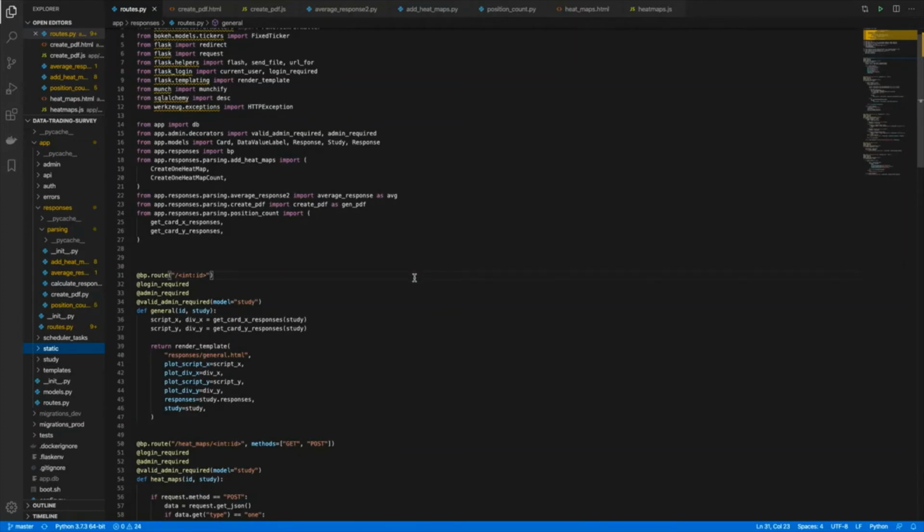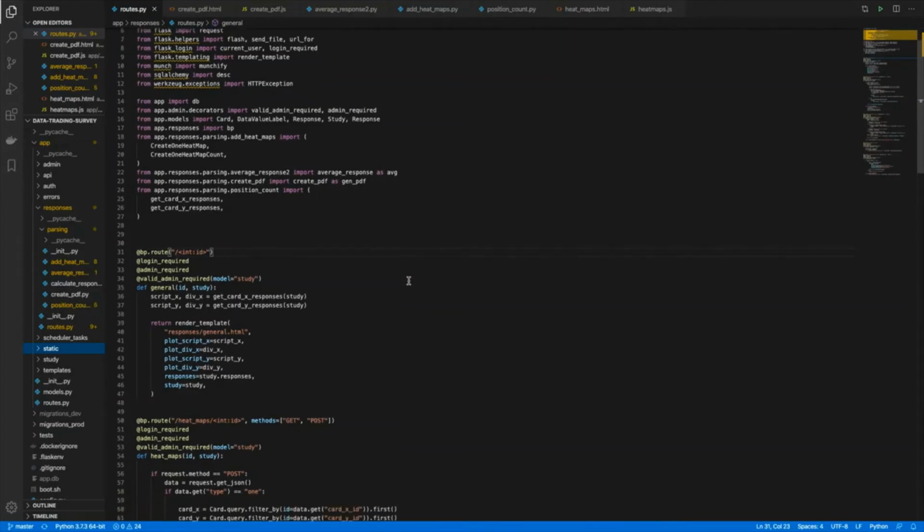Each endpoint in the module uses a method or methods from the parsing package here, which parses the response data for a study in a different way, creating different representations of the response data, which other methods in the parsing package may miss out.